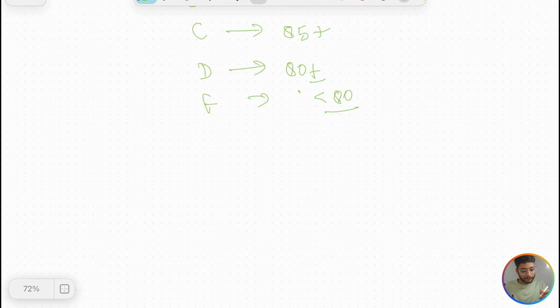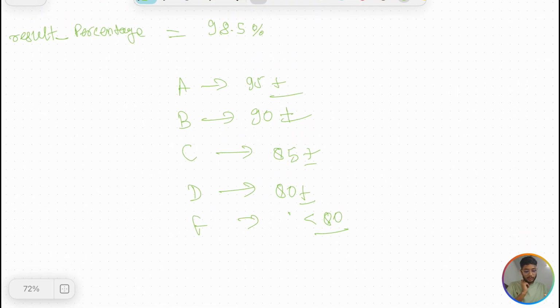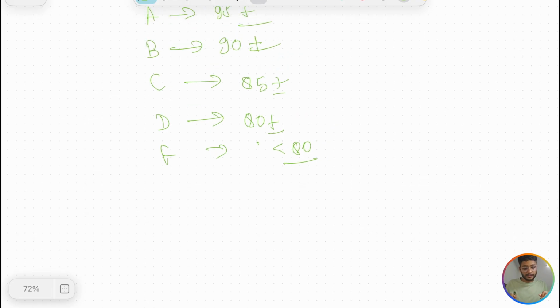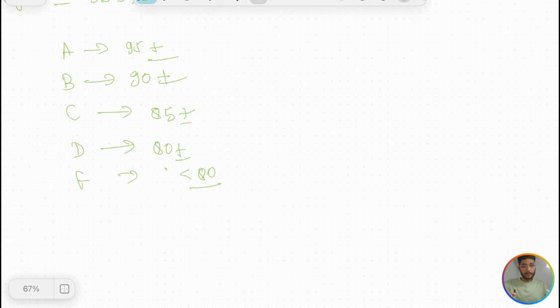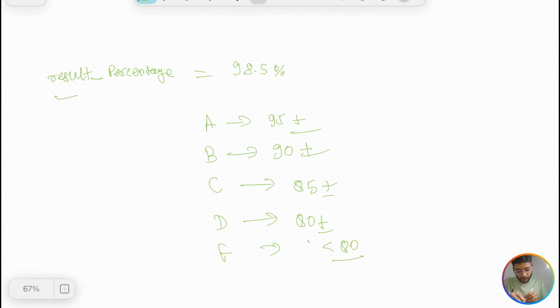80 plus equals to, I will say plus equals to 95 plus equals to, and yeah. So these are the grades. Now we wanted to code it in a real program. So first thing, you have percentage, right? So you are going to compare this with the result. So you have result percentage and you want to compare it with this. So you will say result percentage.